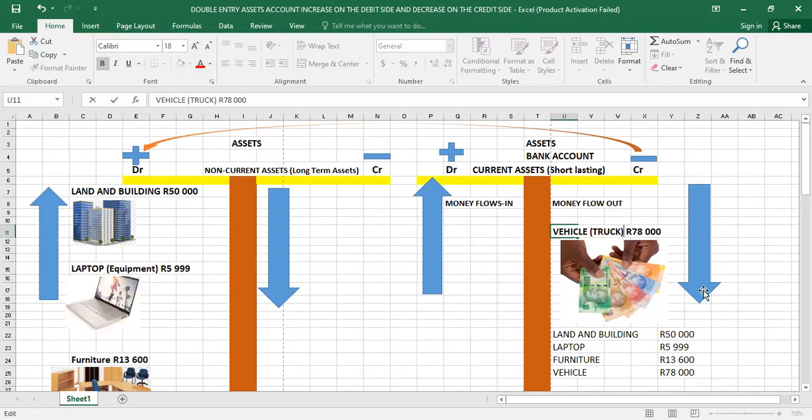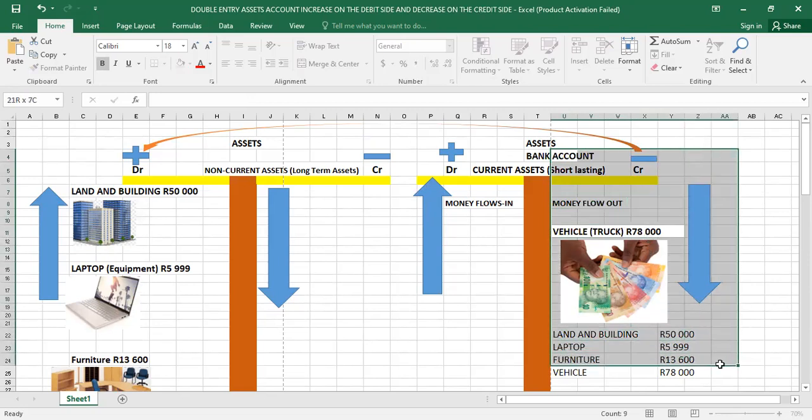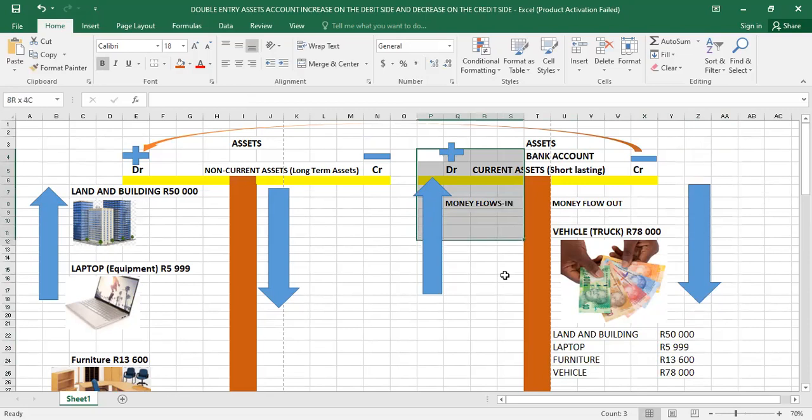But please do not forget that when we receive money within our business, our bank account will be debited. And once our bank account is debited, the money will go up. More money will be coming in within our business. Money is flowing in. But on the credit side, the money is flowing out from our business bank account. On the debit side, which is our left-hand side, the money is coming inside within our business. So in our next video, we will be concentrating on selling the same non-current assets.